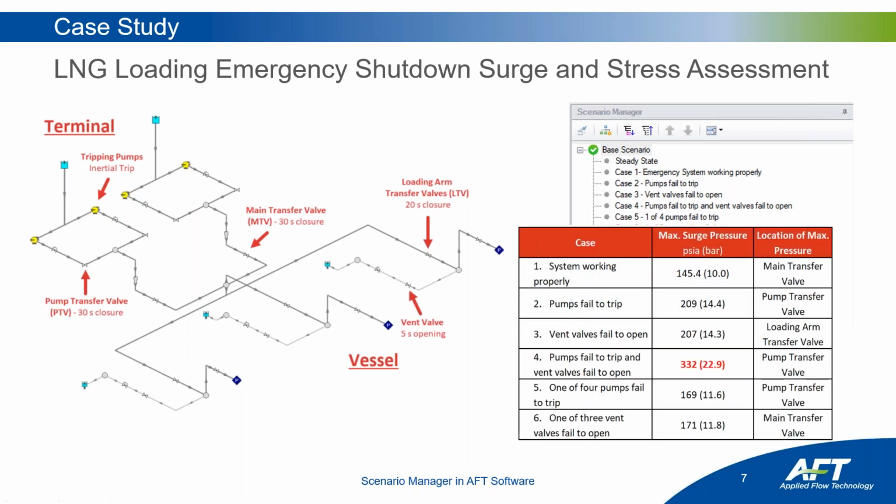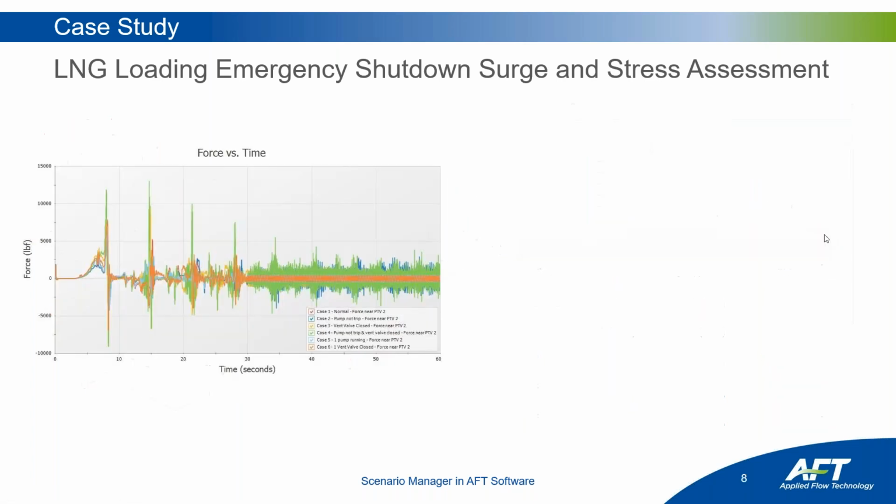So in their analysis, they had all these different cases and they found that the max surge pressure was only exceeding pipe limitations in this worst case scenario. And they could also identify where that maximum pressure was occurring. So the pressures only failed in one case, but they also kind of went above and beyond and assessed the